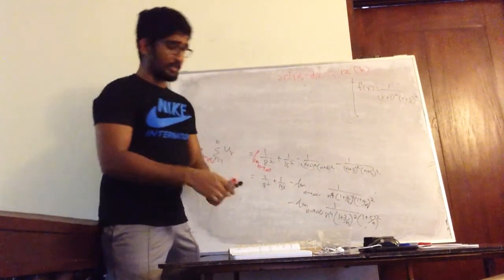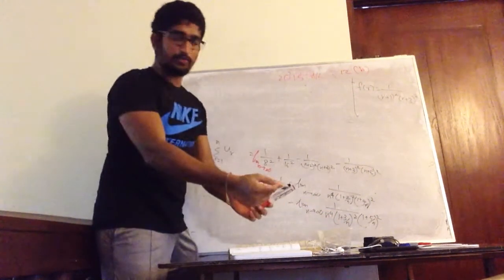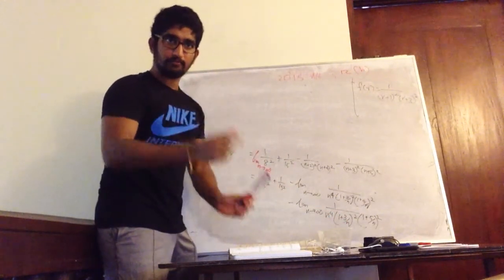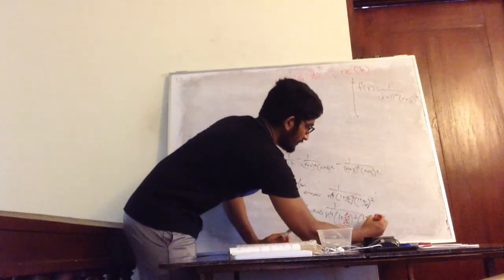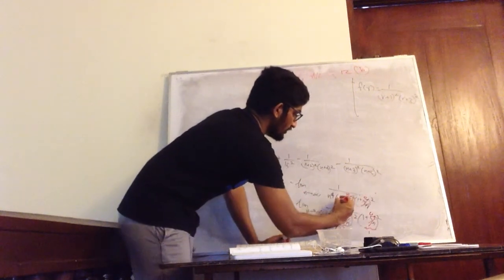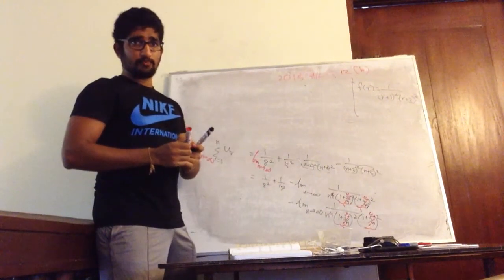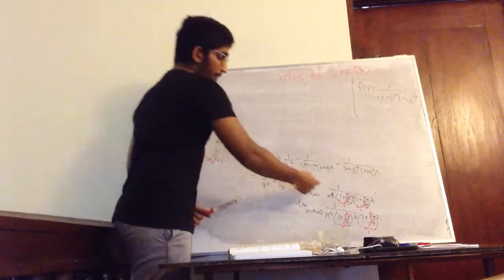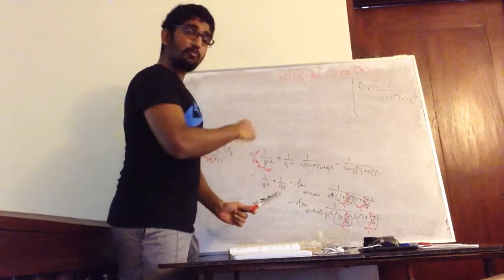Correct? No? So what happens here? If you take the limit to infinity, 3 over n goes to 0. Correct? This part goes to 0. That means this becomes 1. This part goes to 0, this becomes 1. This part goes to 0, this part goes to 0. Both things become 1 and 1. Correct? No? Right? So that's going to be 1 into 1. But then what is remaining? What is remaining is 1 over n to the power 4.